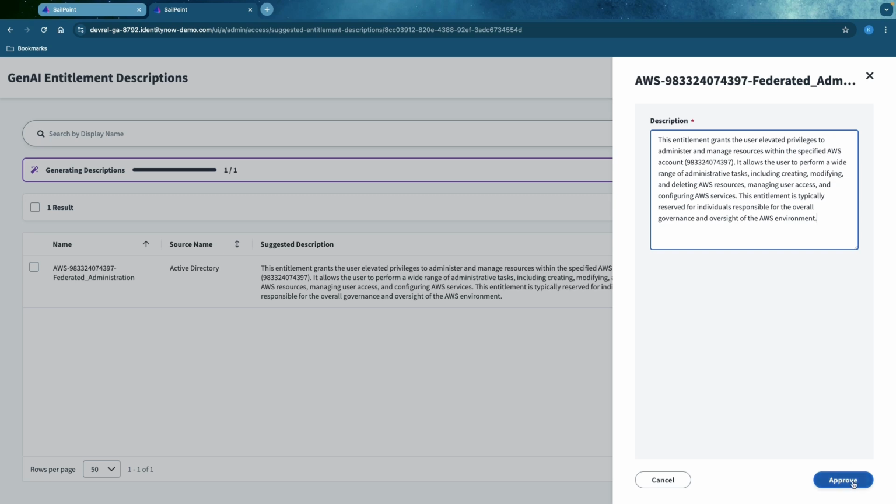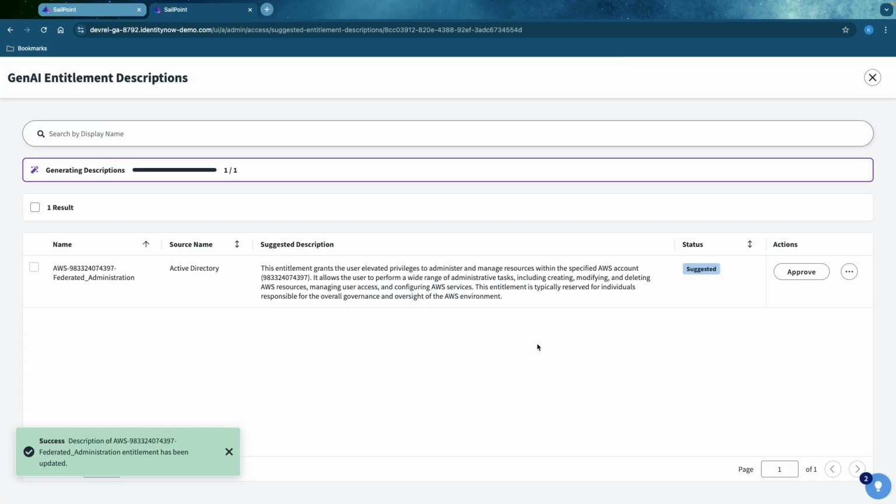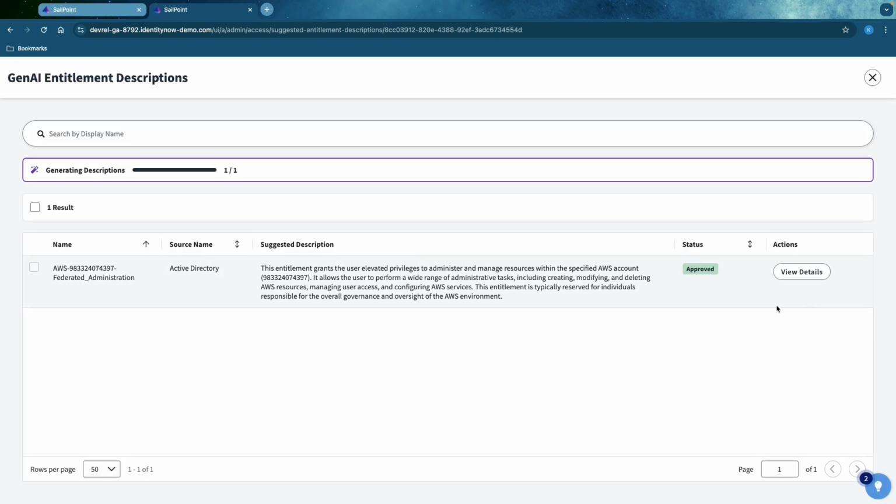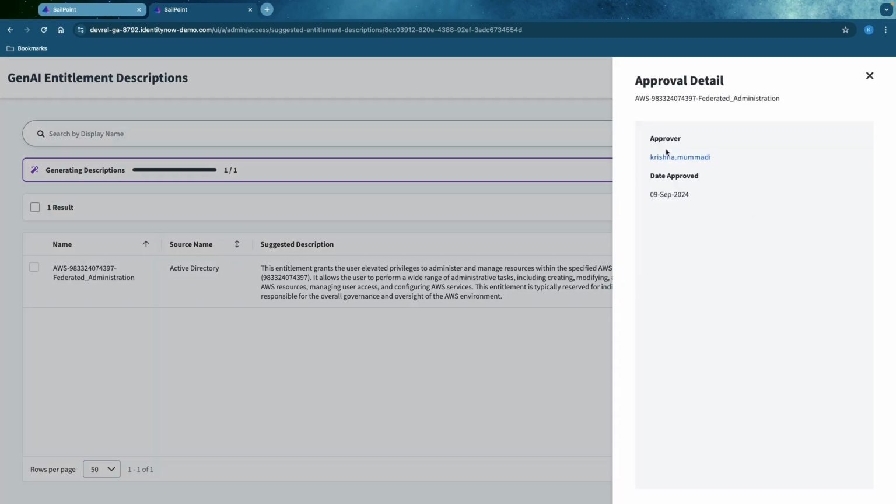Again, the point is, I'm not taking whatever the AI has generated for me. I can use that as a reference, and I can customize it as far as I need. Or if I'm not satisfied, I can ignore it as well. So I'll approve it. Then it is approved and it will be updated shortly. If you go to view details, you see the date approved and who approved it. Now if I go back,